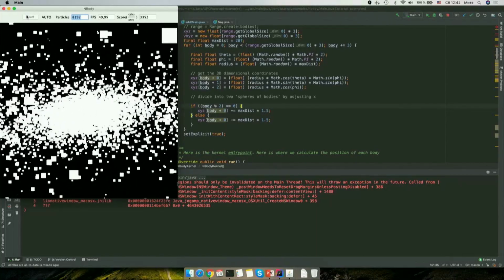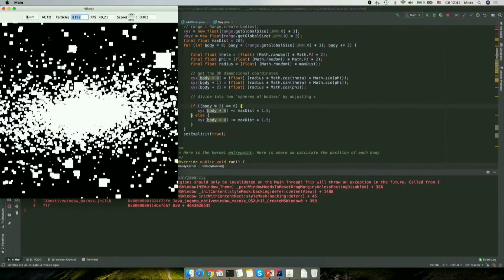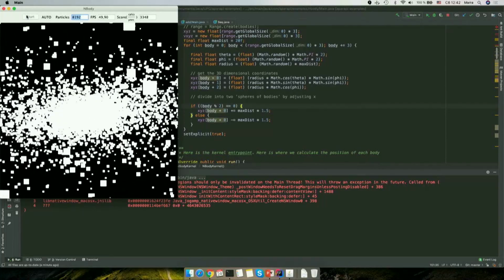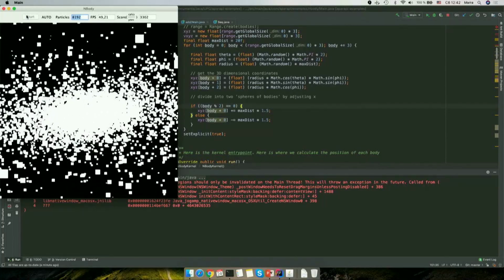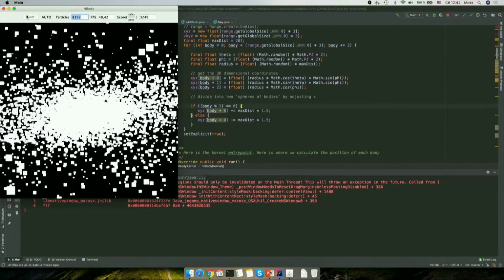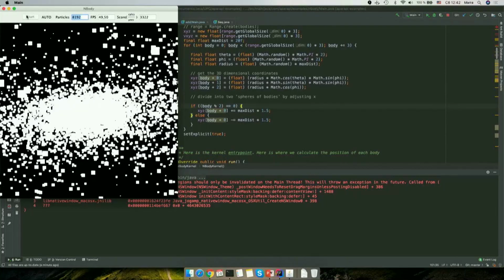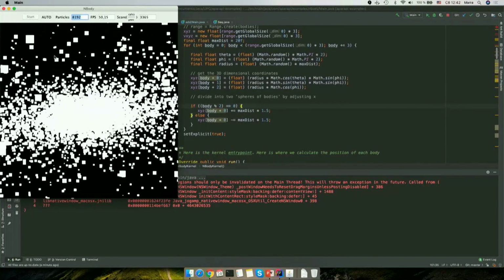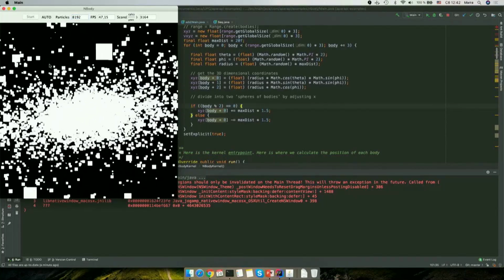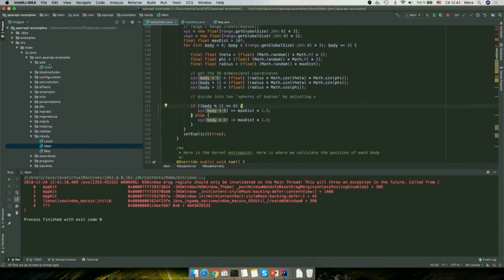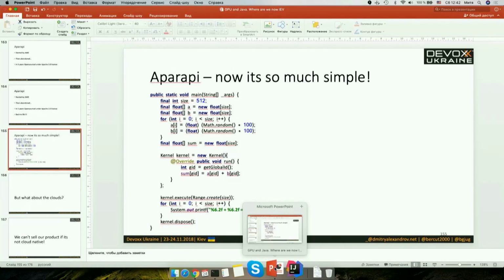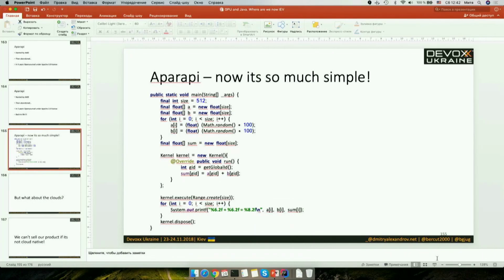So every particle runs on a special kernel, calculates it. We have a bunch of calculating cores. And now you see it's drawn beautifully. So you have this type of calculations. That will be cool. So I personally enjoy it very much. So the API is there for you. You can actually try it.